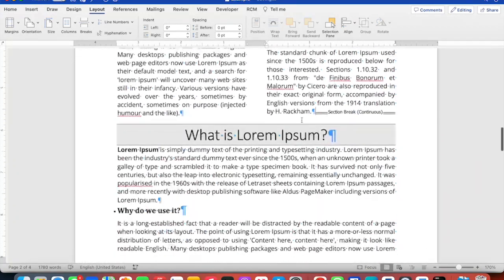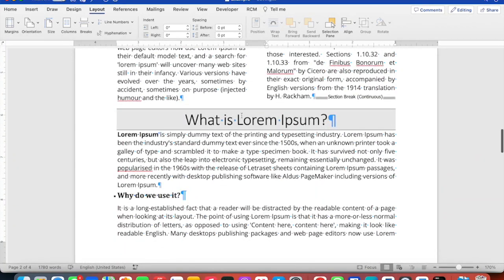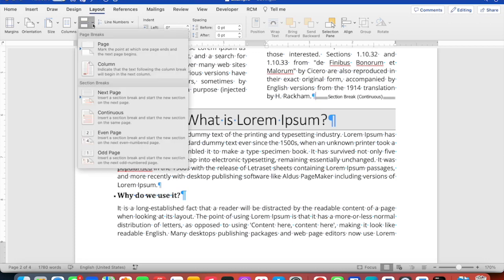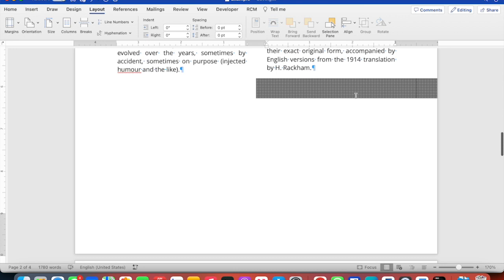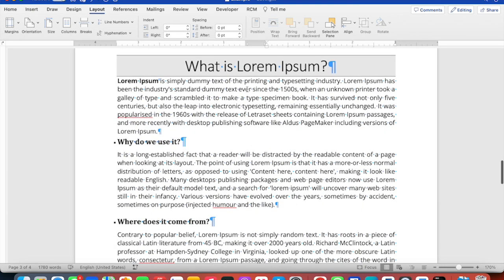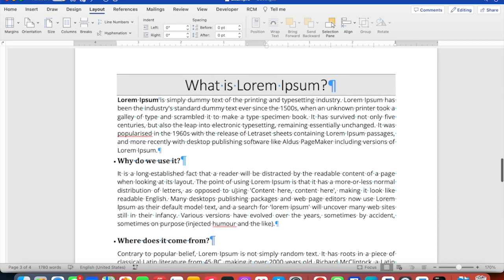That's good. Then if I wanted to bump this to the next page right here, I would go to my breaks and I'd put a page break. Now you can't see because it's grayed out, but right here there's a page break and a section break. And sometimes it does that on my computer. All right, so it bumped this down to the next